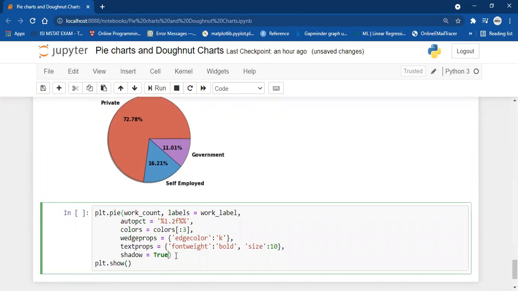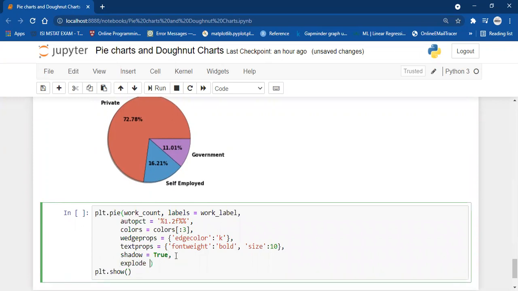Explode is a parameter which accepts a list of values, and we have to pass the values for all the labels. So we have three labels. We will have to pass the explode value for each of the variables. Zero means the slice stays intact, and if you pass 0.1, then the slice will be shifted from the center.